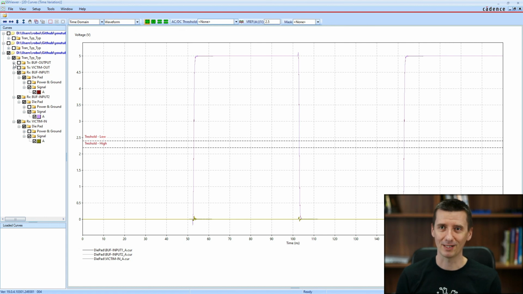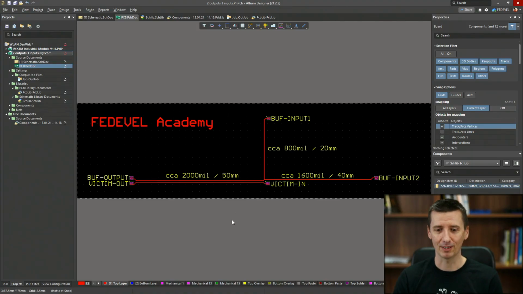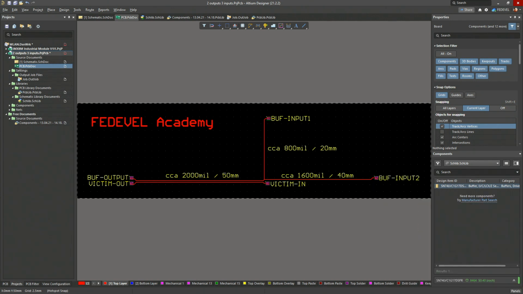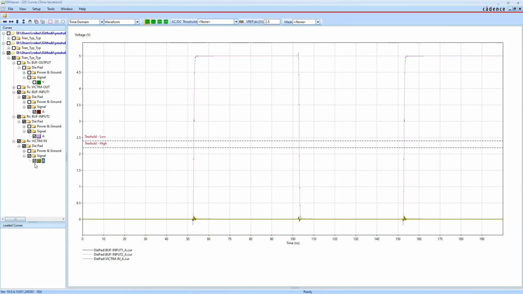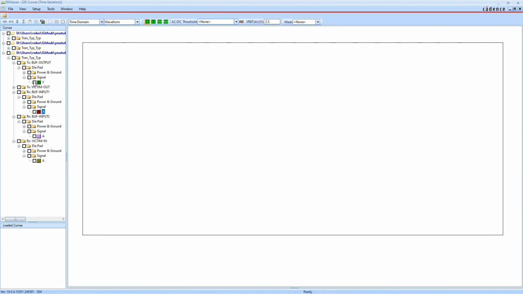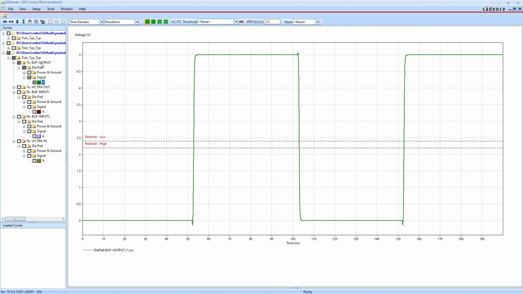Basically, your question may be, how did I come up with these numbers for our PCB? What do you think? What I did, I measured the edge of our output signal. I'm going to disable all these results and enable the output from our buffer.